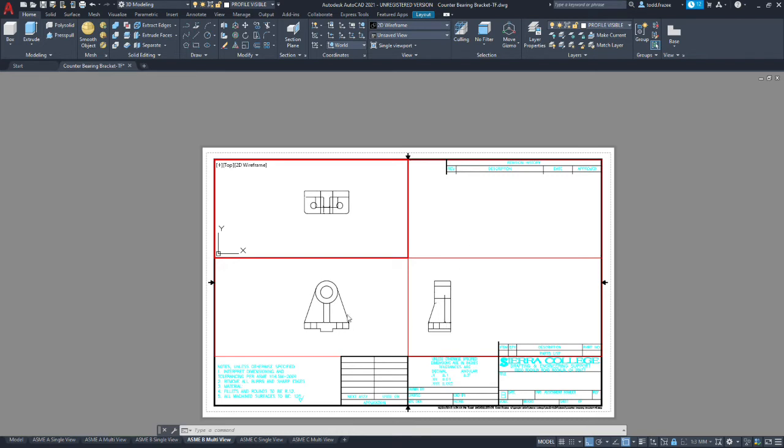And now we're going to do some settings to set some scales of different aspects. So right now you notice you don't see any hidden lines, and that is because the scale of the dashes are too big. So the first step is to type PSLTSCALE, and we're going to put in a factor of 1.